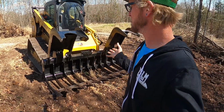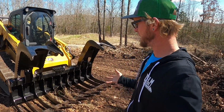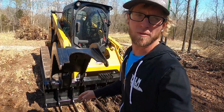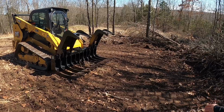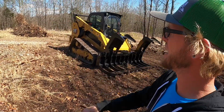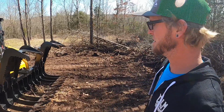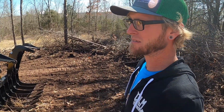I gotta say, I'm really impressed with this thing already. I mean, it's the first grapple I've ever owned, but at the same time, there's like no flex in it. It's super rigid, and it's making short work of this. It was brush up to here. I've already been able to stack it and pull it in tight, and for the most part, all the dirt falls out through the tines,